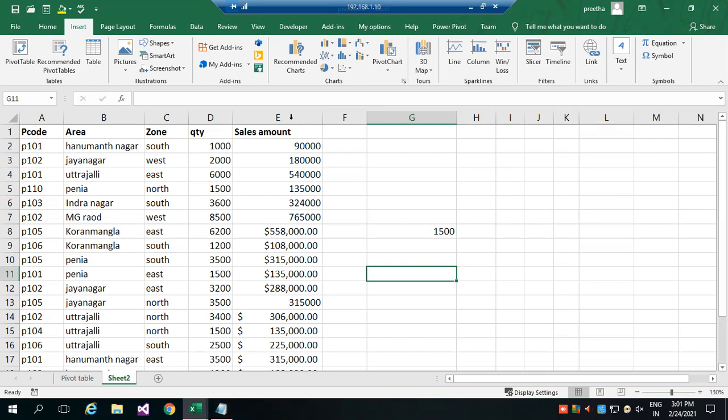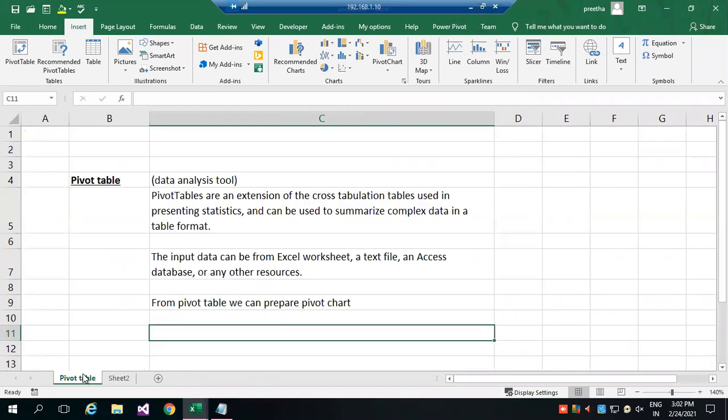Let's say I want to see how much quantity was sold for each product. Otherwise I have to filter, sort, then bring only the product code and quantity. Using a pivot table, you can get summarized, comprehensive data from the complex table.